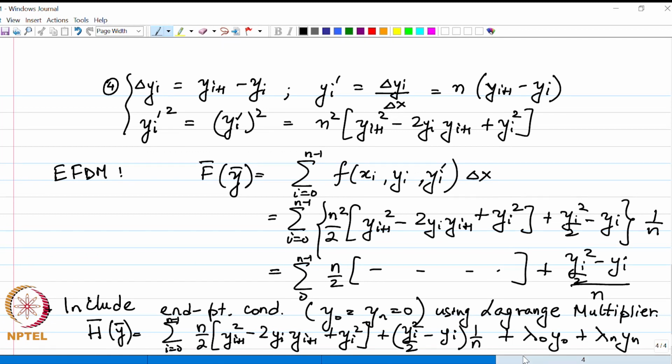Okay, so the next step to the solution involves taking the derivative of this vector function with respect to the unknowns and setting them equal to 0. Right now, since we have included even y 0 and y n, we assume that they are unknown, but later on we are going to use the boundary condition to eliminate them. So, if we assume that y 0 and y n are unknown, we now have n plus 1 unknowns. Well, in fact, n plus 3 unknowns including lambda 0 and lambda n, right.